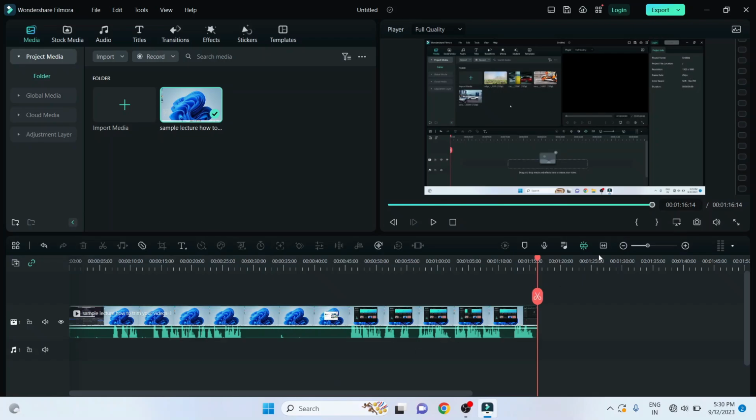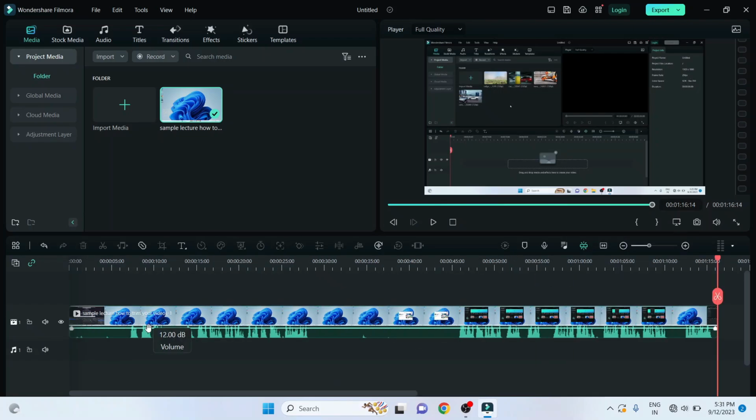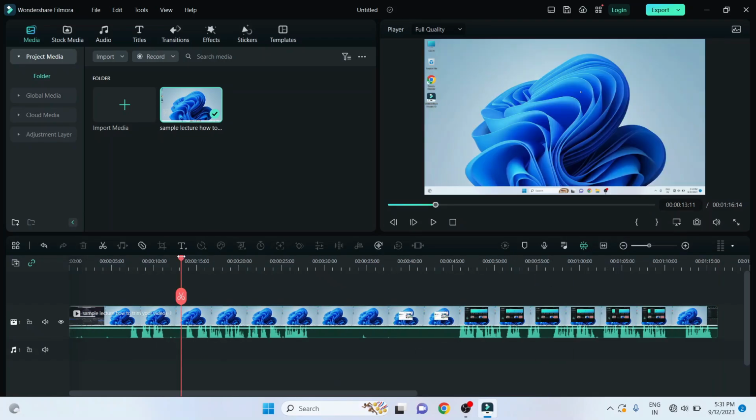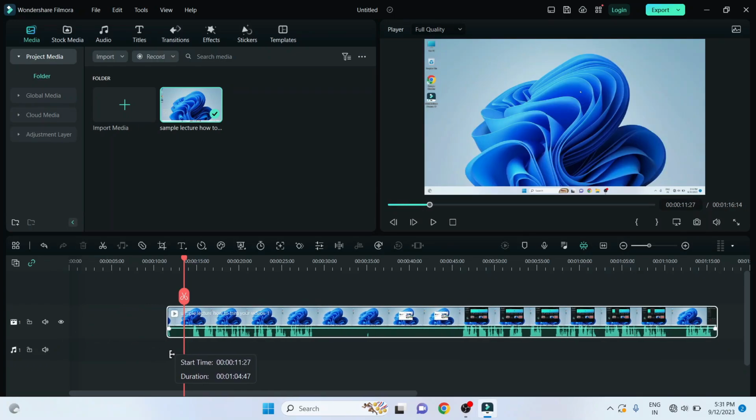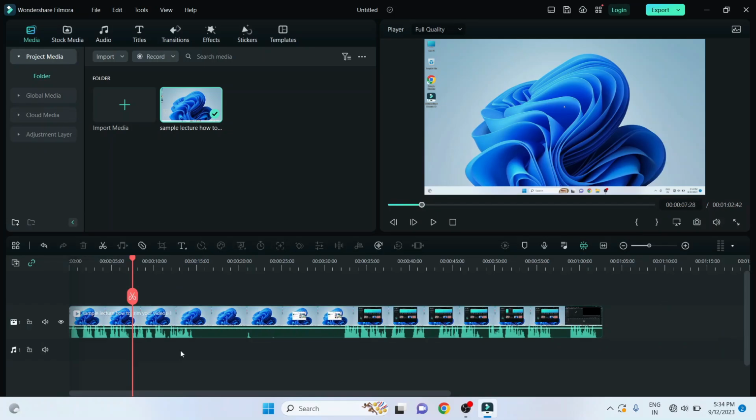Let's make this window fit, and here you see guys, if I want to remove from this part, from here I have to remove this. So from this side to this side I have to remove this part. So I can do one thing: I can click the video where I have started recording and drag it to the right side. Guys, we have successfully removed the unwanted part with this option. The biggest drawback of this option is we can't edit the middle part.